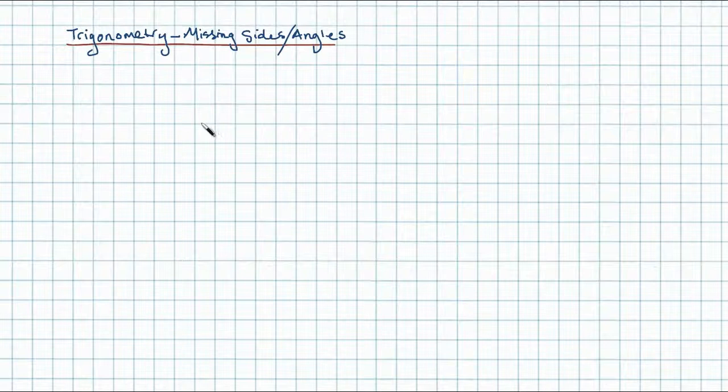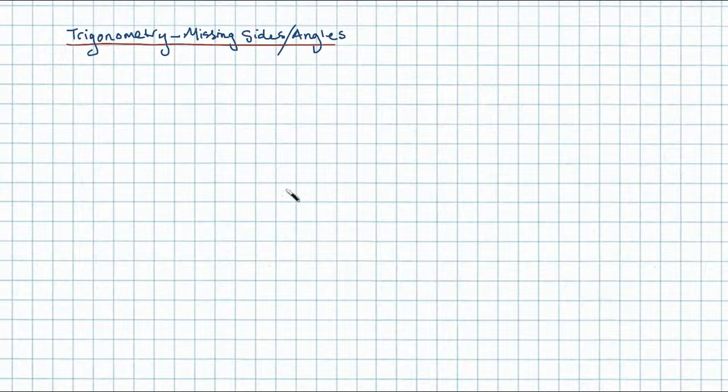Okay, so what we're going to do here is find missing sides and missing angles, and we're going to start with an outdoor situation. So let's give ourselves some measuring instruments, go outside and see some real buildings, or in this case a monument that we want to try and measure, just to practice our trigonometric